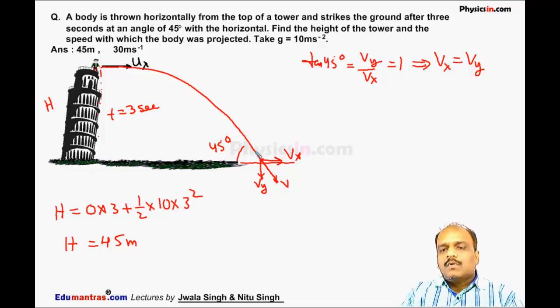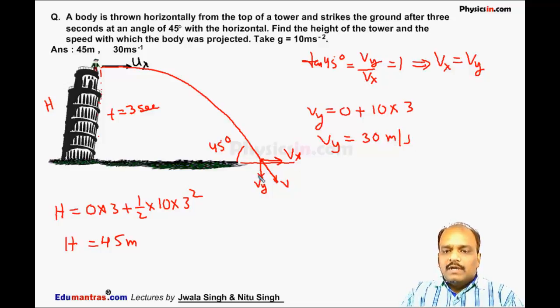Now at the instant when the particle strikes the ground, Vy is equal to Uy, which is 0 because the particle is projected horizontally, plus ay, which is 10, and the time is 3. So Vy is equal to 30 meter per second. This is the speed of the particle along the y direction when it strikes the ground. But as we know, Vx is also equal to Vy, so it is equal to